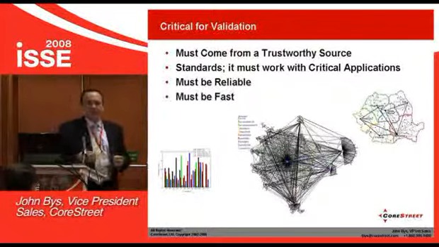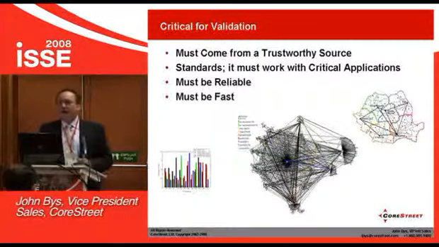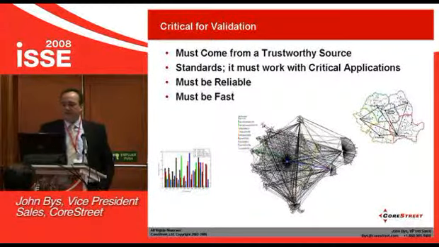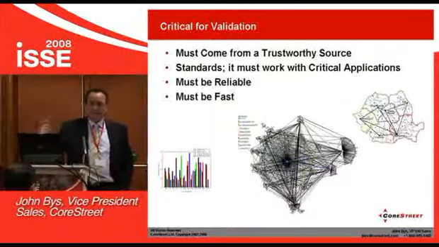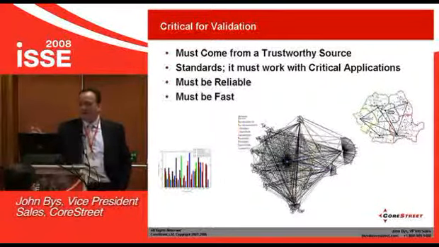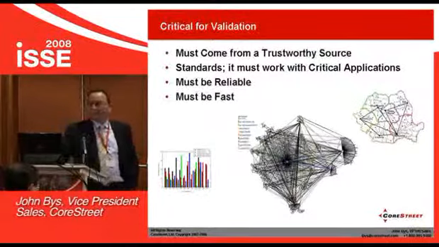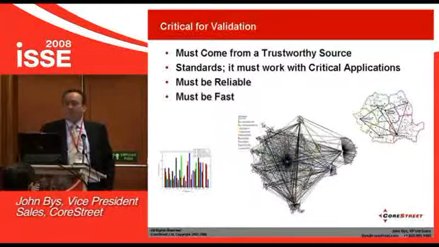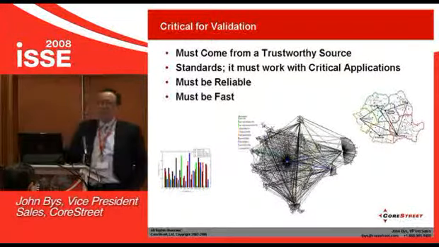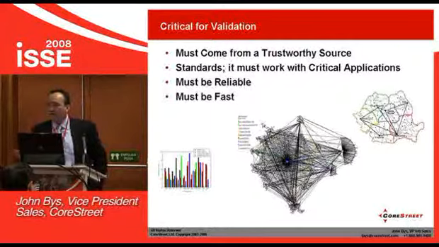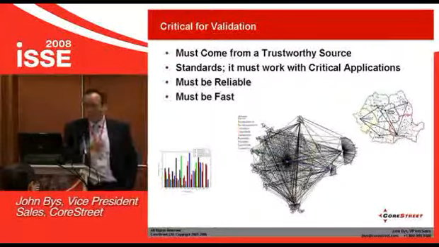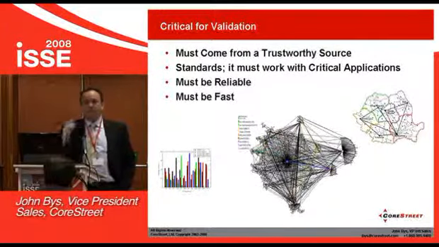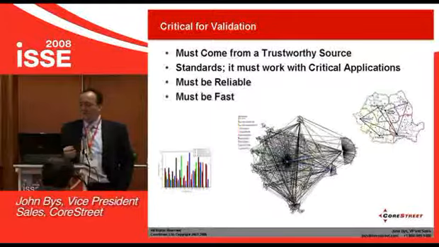I'm telling you it's me. The idea of validation is, at the time that credential is used, I can get an answer from the source that issued that identity to tell me that this person is who they say they are, and they can do what they're trying to do right now. Those answers have to come from a trustworthy source, and these are the critical tenets of validation, right? It's got to come from a source that we know we can trust. It has to work with the applications that we're going to deploy for using that identity,